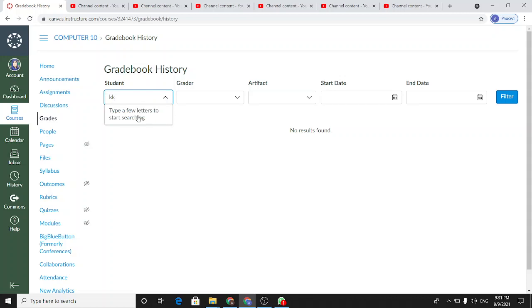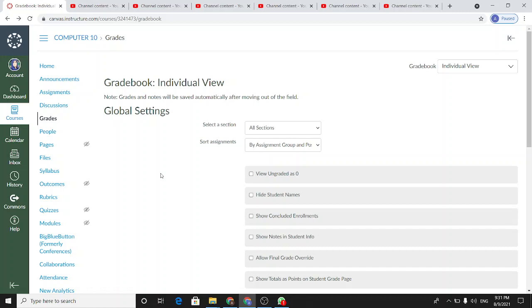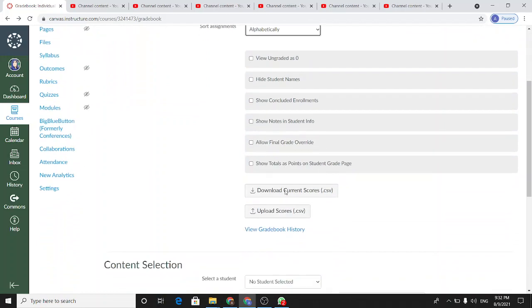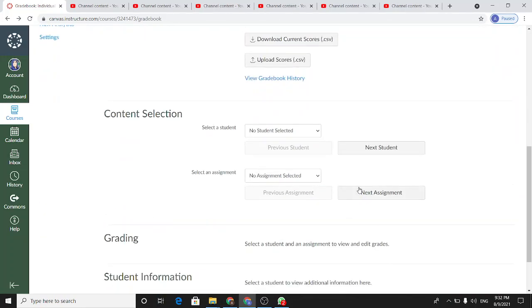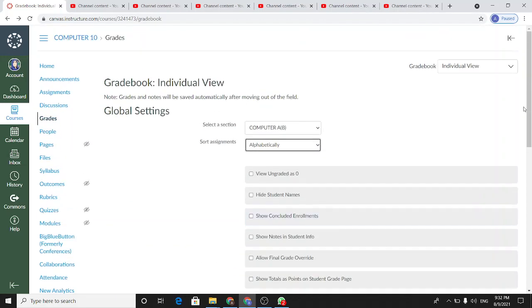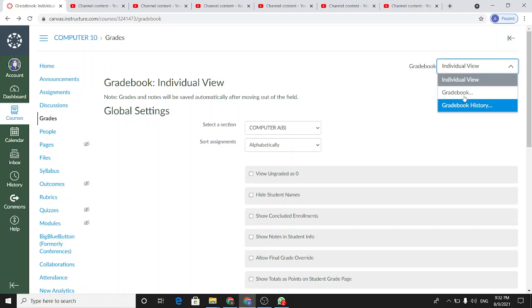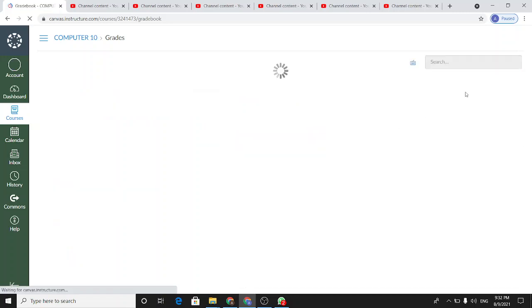Right now I have no students, that's why it is not appearing here, but it will appear when you have many students. This is individual view. Like I want to see the students of this class alphabetically. By clicking on next student, you can go to the other students, and here you can also see gradebook history. Now I'm again going back to the gradebook.